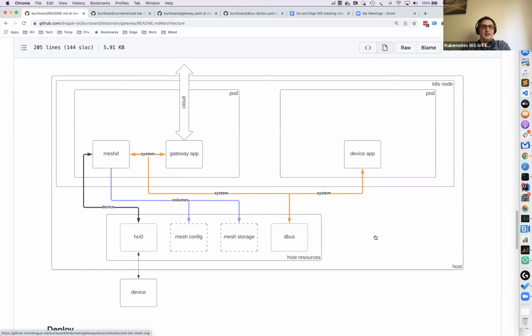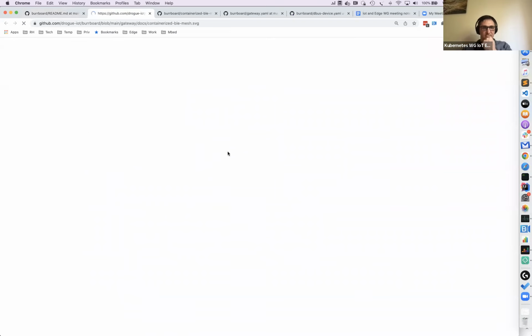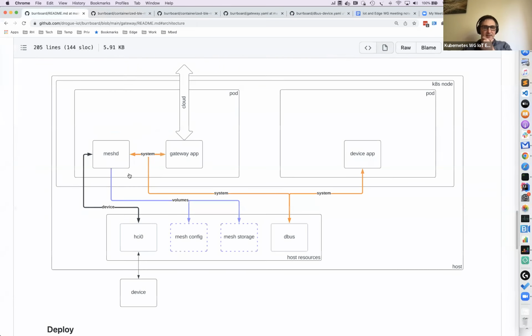It can have multiple workloads that are behaving like Bluetooth devices, so there's nothing wrong in implementing it like that and interacting with the rest of the devices in the mesh.